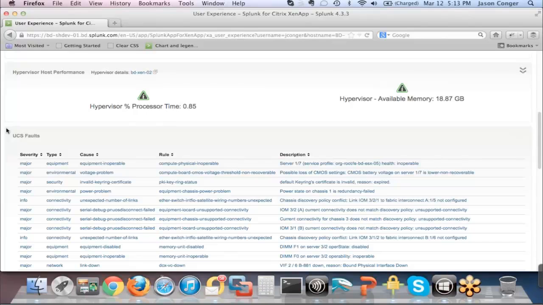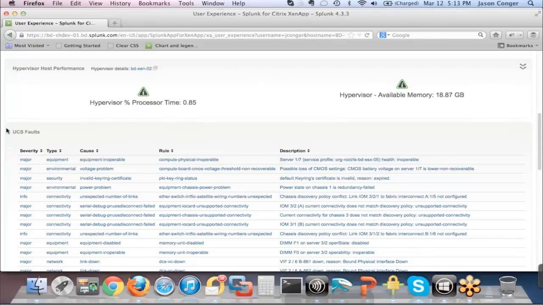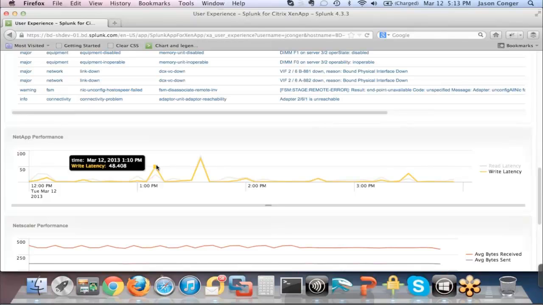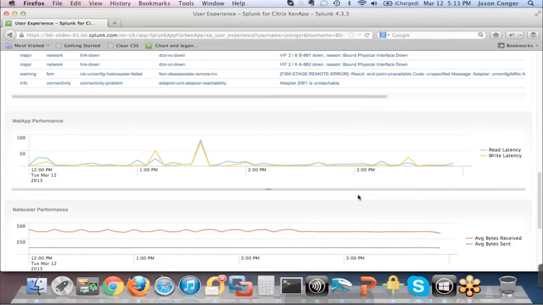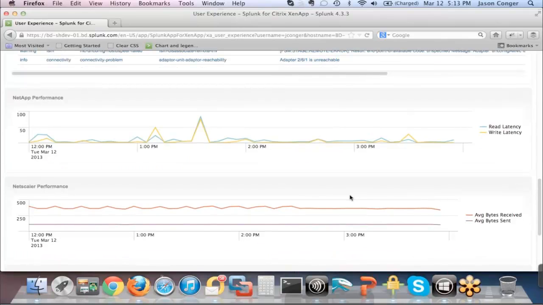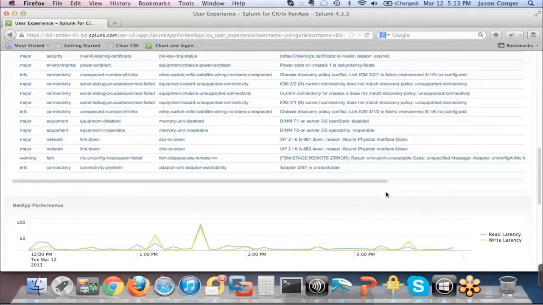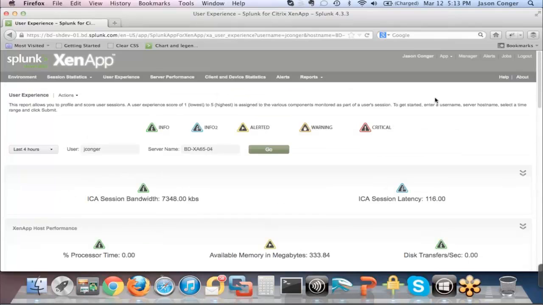We're using Cisco UCS hardware to run these hypervisors, so we can show you some information from the hardware. Again, we are using NetApp. Here's real NetApp. We can see some spikes here, but overall we're consistently at write latency under 10 milliseconds, so not a problem. I have a NetScaler front-ending the SSL VPN connection coming in, so we'll show you some stuff about NetScaler, and of course Windows Event Viewer and the running processes and all that is from the Windows OS. So this is a more complete stack to show you everything that's going on.